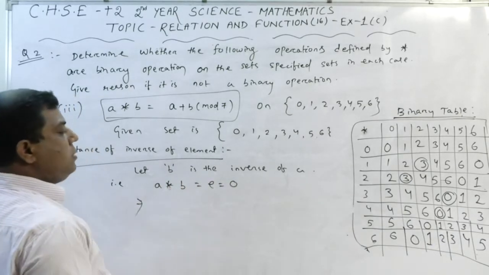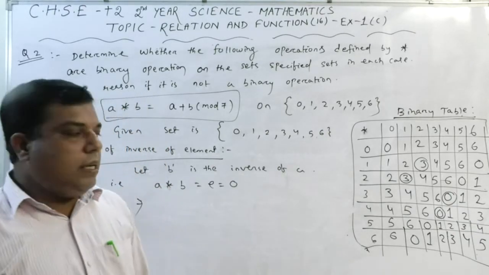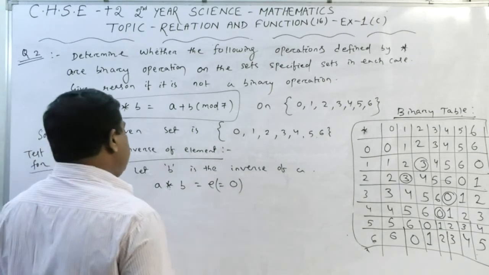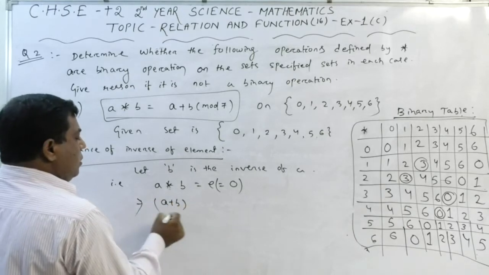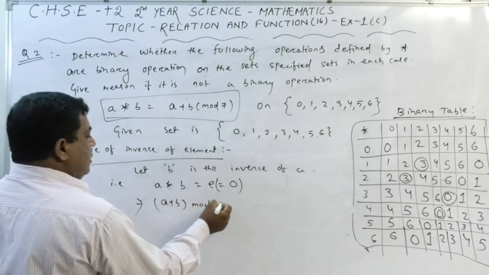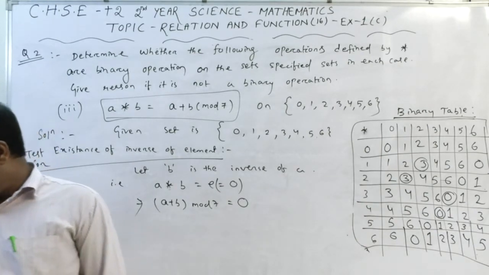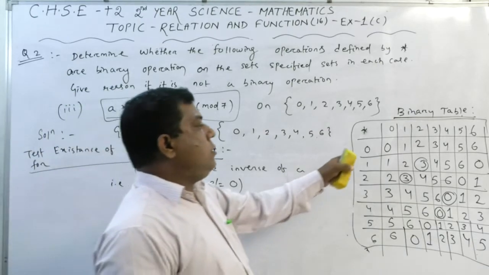If it is the inverse, then when it is operated with A, it gives the identity, and here the identity is equal to 0. Okay. Now what does it mean? It means A plus B modulo 7 is equal to 0. Clear, my dear students? That is the meaning of this. So, therefore,